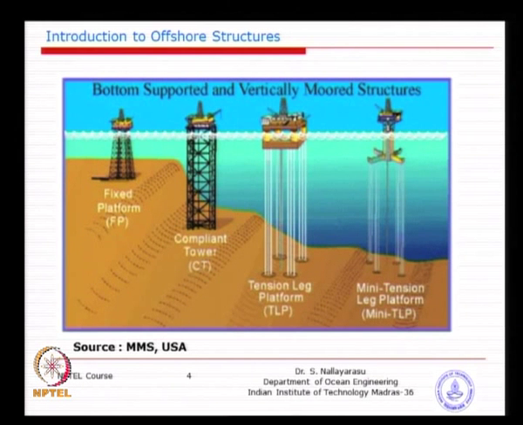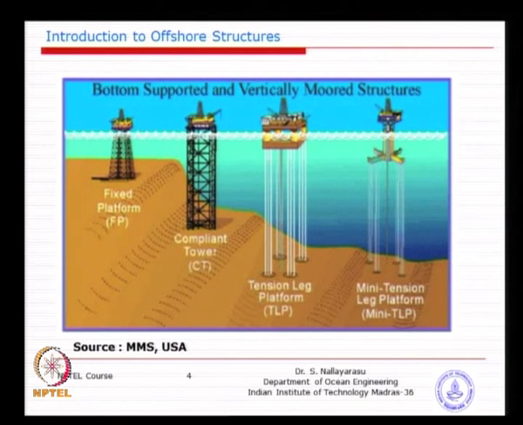A similar concept, but the hull shape and dimensions are slightly different; other than that the idea behind it is similar. You can see the tethers going down vertically, which is called a mini TLP, just a variation of the conventional TLP with the pontoon at the bottom. Here also there is a pontoon at the bottom, but instead of 4 column stabilization, you have a single column stabilization, which is a little bit weaker, but here the legs are spread over a larger dimension. So, the stability could be better.